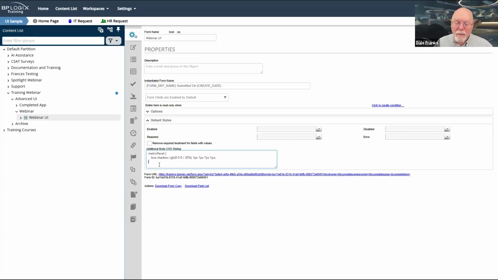I don't know that this is important or that we need the drop shadow, or even that drop shadows are considered outdated by today's modern design standard where you'd like to see everything flat. The important thing to remember is that whenever you're creating not just a UI like this, but any form, you can create your own CSS styles and apply them to different areas of your form.